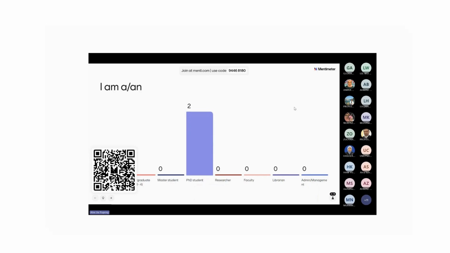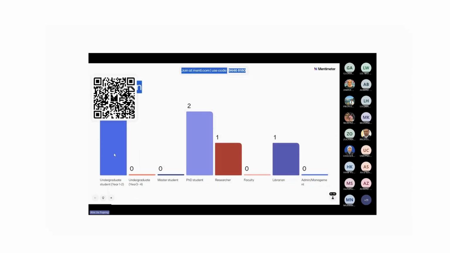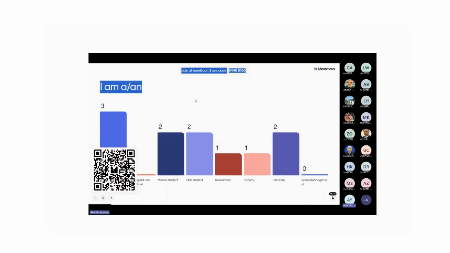So we do have PhD students. Who else? Okay, we do have undergraduate students. Let me bring it up so they can see the results. Right, we have undergraduates from different years, PhD, faculty, and librarians. I find this is also a good way to check whether our online participants are paying attention. For example, right now I think we have over 20 participants, but only 12 of us have scanned the QR code. So my question is,